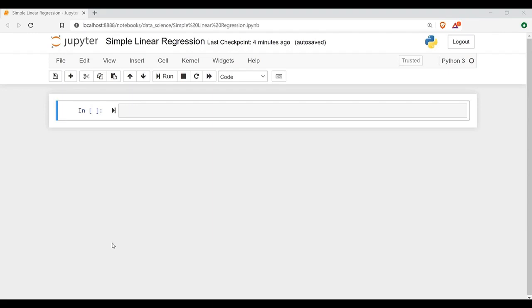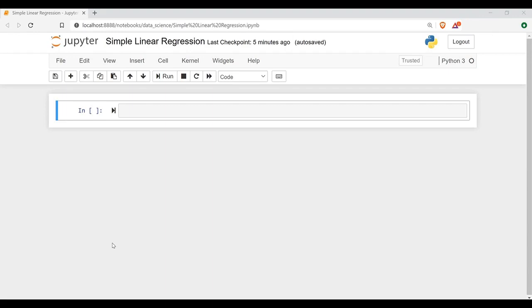Now for doing this, we'll be practicing two ways of solving simple linear regression. First we will see how we solve this using the ordinary method, called the ordinary least mean square method, which is nothing but using the linear regression equation which we have seen. Using that regression equation, we will try to solve a particular problem and we'll do it in Python. So first we'll see how to do this in the ordinary way, by using the equations. We'll write all the equations step by step, everything from scratch in Python.